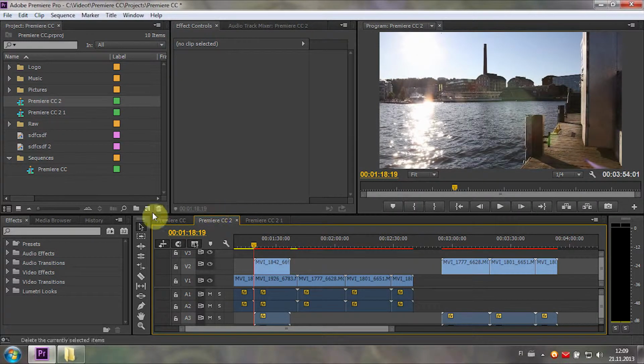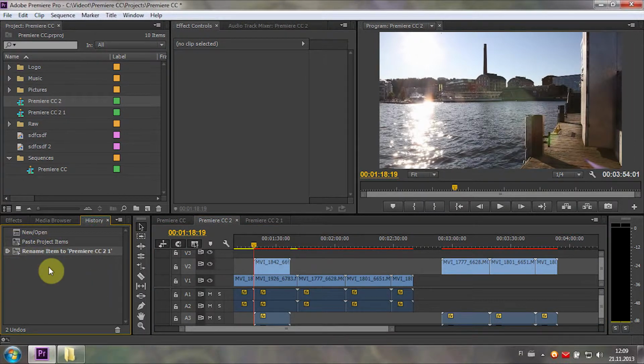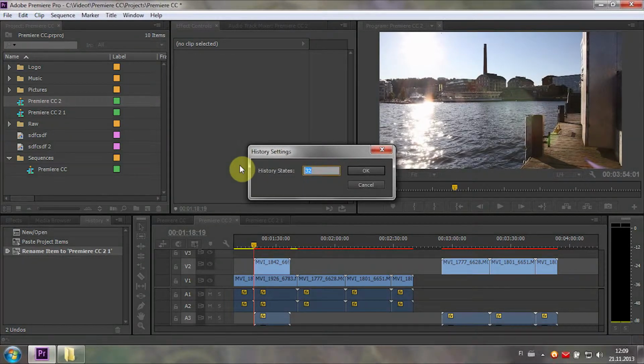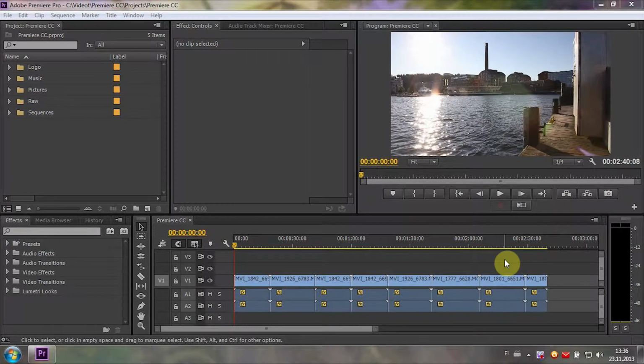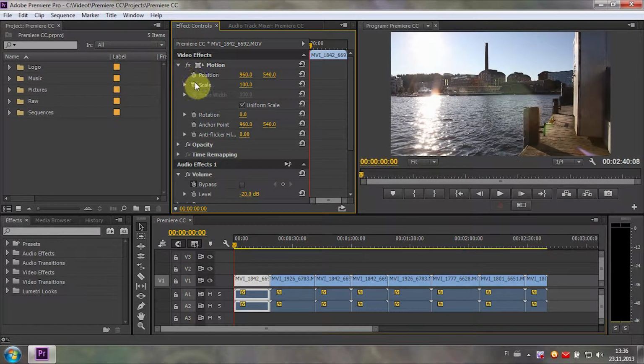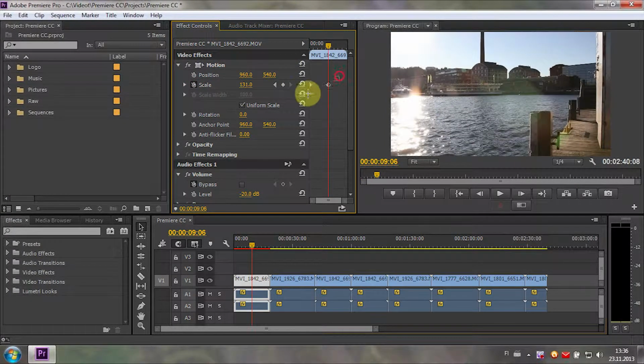And one thing to note here, the history of the undo and redo will zero itself when you leave a project, so keep that in mind. And also, if you can, make the undo history setting something like 50 or 100 if your computer can handle it. Also, you can do more precise keyframe copy pastes in the effect controls window by